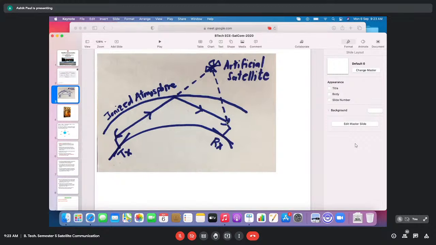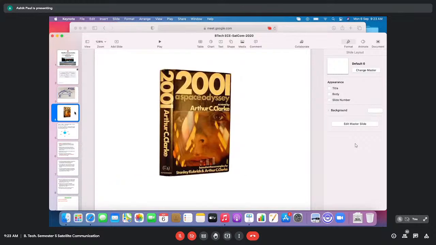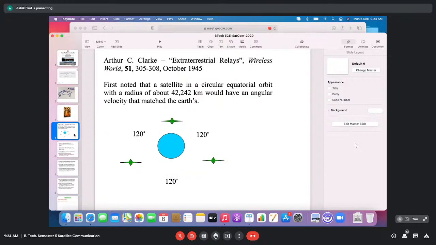So the concept of artificial satellites was not there at that time. But interestingly, one British science fiction author, Arthur C. Clarke, wrote a book, 2001: A Space Odyssey, which has also been made into a very successful commercial film. And it was in this book that he first put forward the idea that if we could place 3 artificial